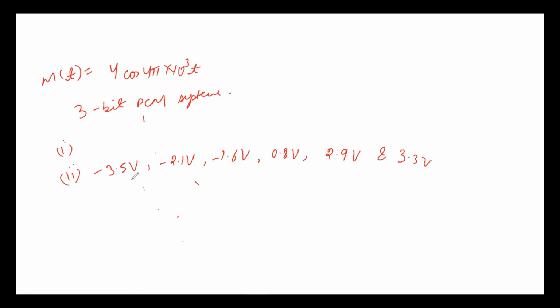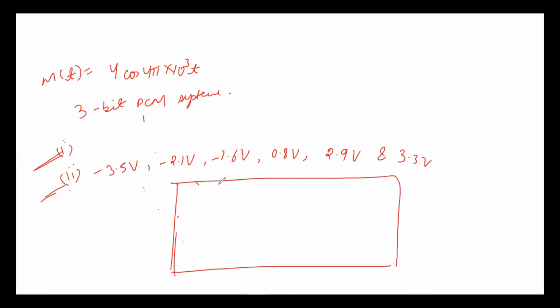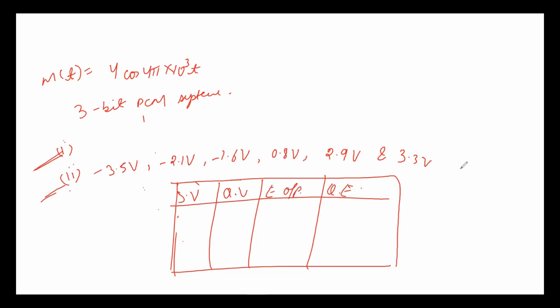So for this you have to make one table. So I think first bit is easy, all of you know how to solve. For the second bit, I guess we have done one example in which we have made a table of 4 columns. First one is sample values, then quantization values, then encoder output, then quantization error. So in this, sample values are given to you. For each sample value, you have to calculate the quantization voltage, encoder output, and then quantization error. This is a type of problem we have already discussed in class. All of you please try to solve.